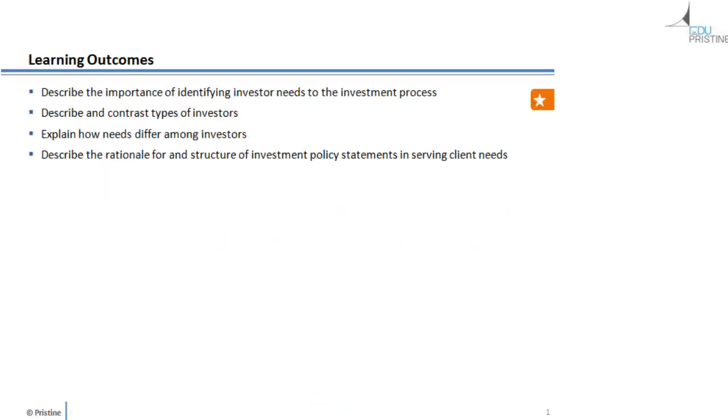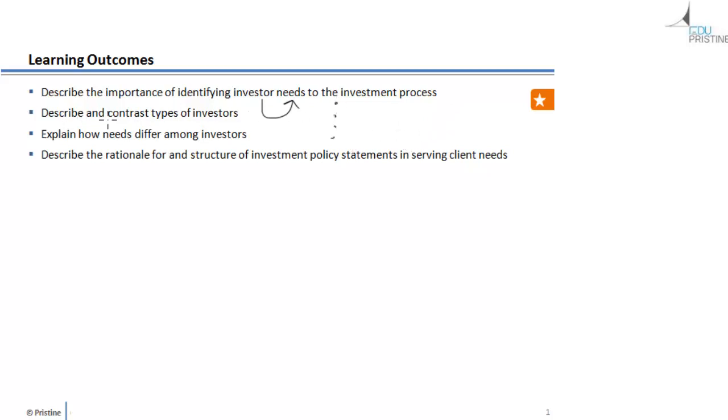Before getting on to the concepts in detail, let's look at the list that we need to cover in the forthcoming slides. We are going to start with the importance of identifying different investors and their different needs. Now, what I mean by needs is the different characteristics which define a particular investor. The characteristics in terms of the time requirement, the liquidity challenges, the taxes, the regulatory aspects, the return requirement, the risk capability and willingness, etc.